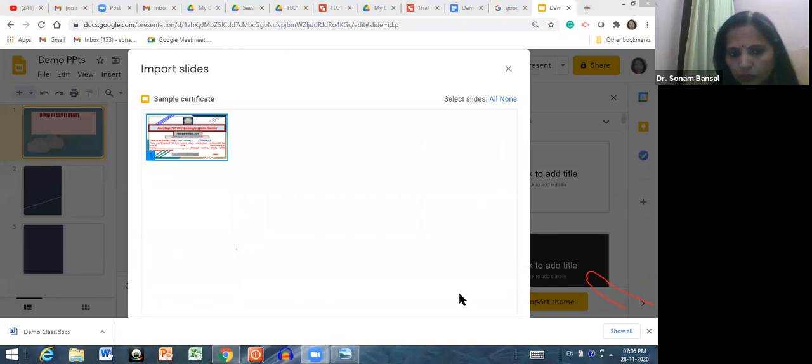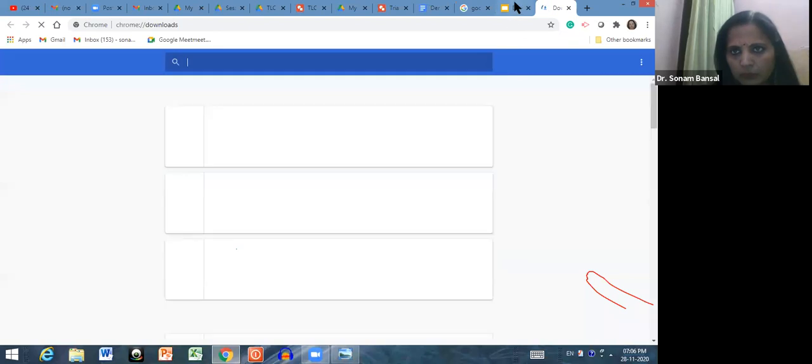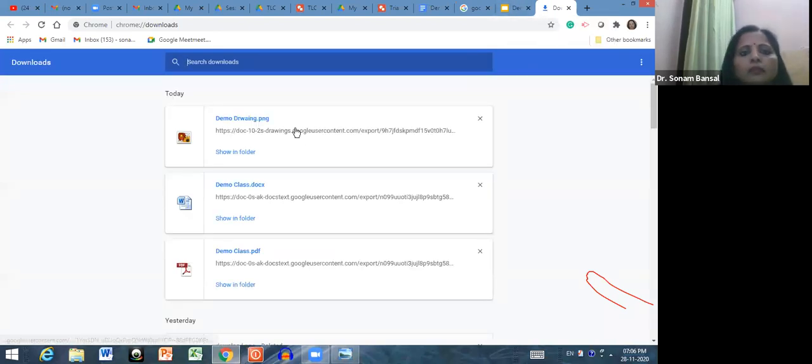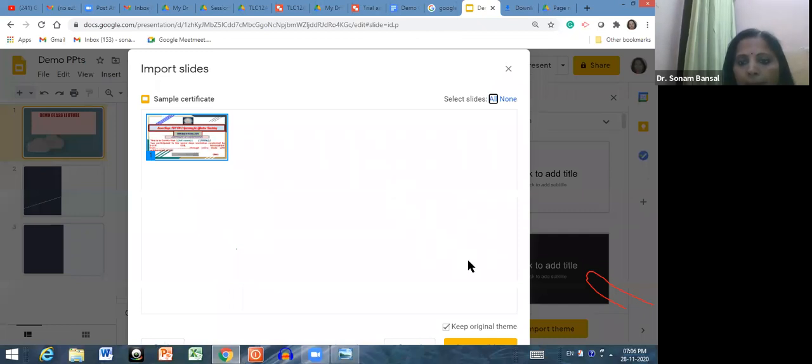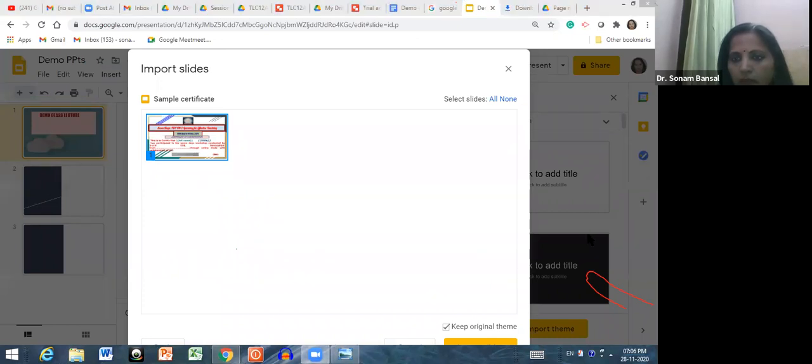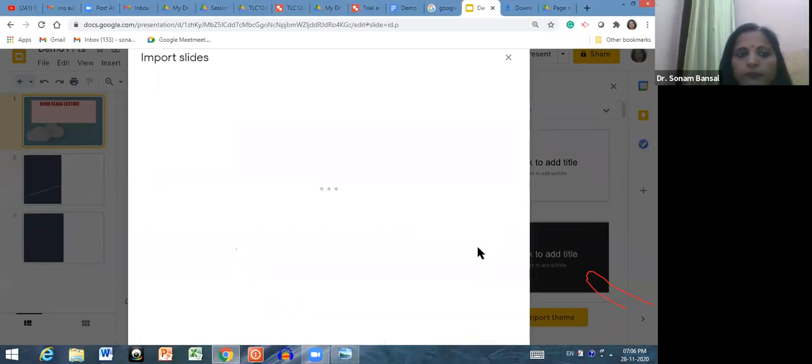Then click on show all. So I need this demo PNG. So keep original theme. And click on this OK.